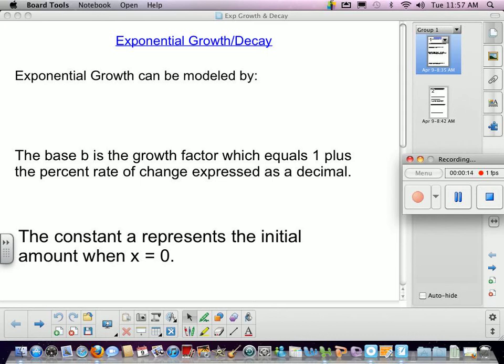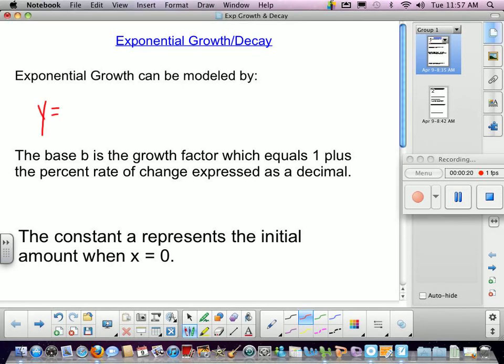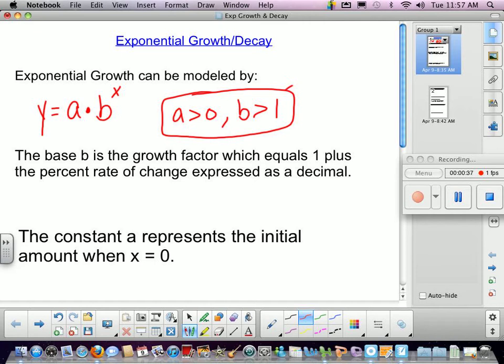Alright, so exponential growth can be modeled by the equation y equals a times b raised to the x. Okay? There are some restrictions. A has to be greater than 0 and B has to be greater than 1. And these restrictions are specific to the growth formula. Okay? Alright, the base B